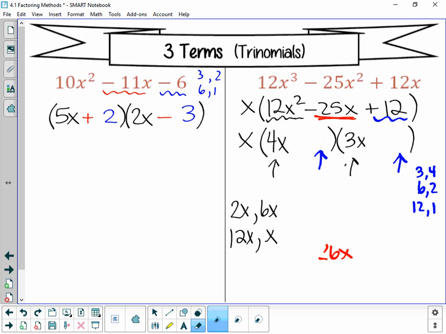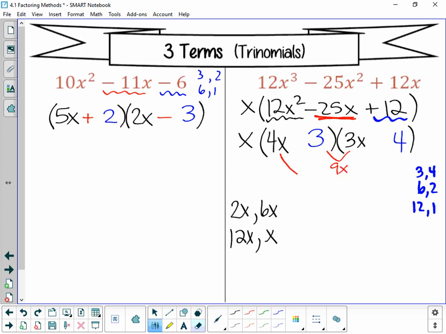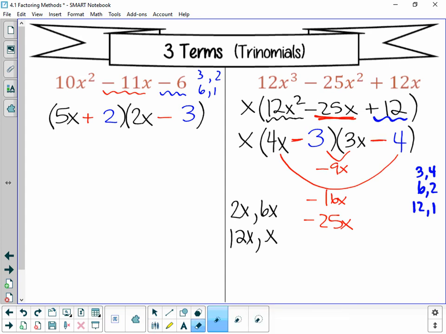Let's switch to the 3 and the 4. So if I switch to the 3 and the 4, well, this one already has a 4 leading it, so let's put the 3 there and the 4 there. And let's try that and see if it helps. Erase these arrows for a second. So this gives us a 9x and a 16x. Could that add up to negative 25? Well, I hope you notice it could if they're both negative. So we need both of these factors to have a minus sign,